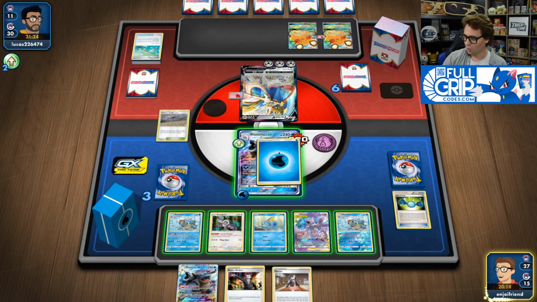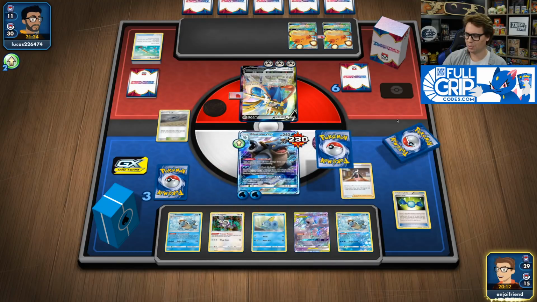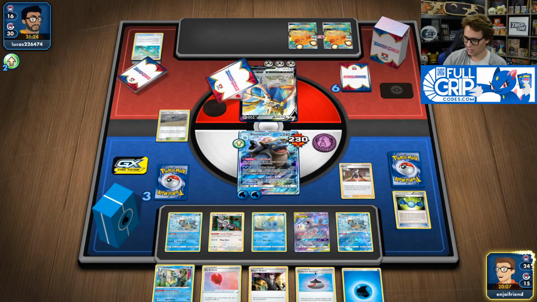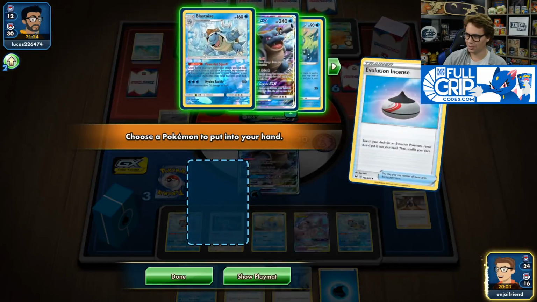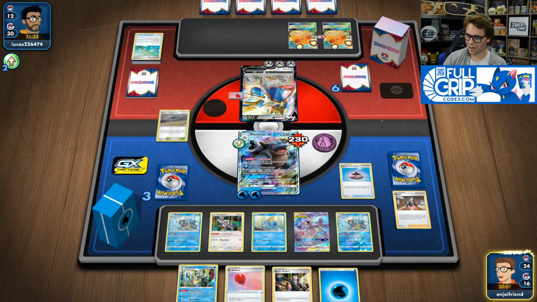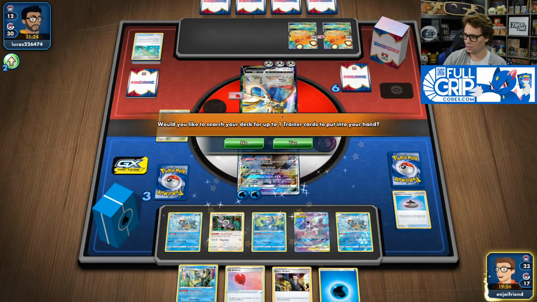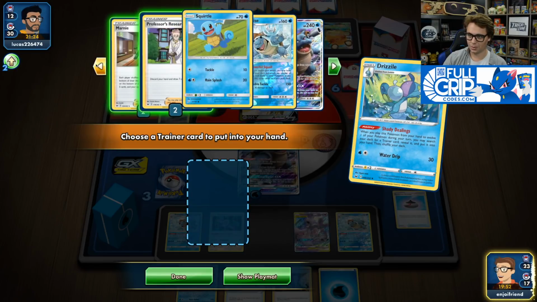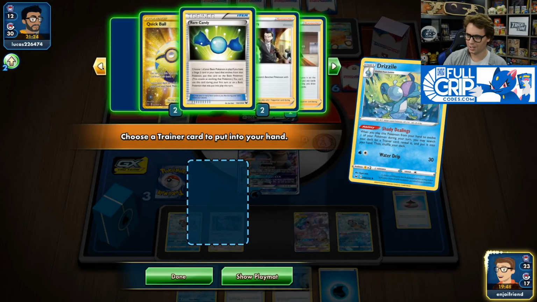However, I think here we can just safely Marnie, and I get to Squall twice, which is absolutely insane. We've got the perfect setup. I've got Inteleon and now a Drizzile coming down onto the Sobble, so we are going to go and thin our deck even further, putting more trainers from the deck into our hand. So yes, we're going to go get ourselves some good stuff. What do we want? I've already got a boss in my hand, which is really good. We can go get ourselves,